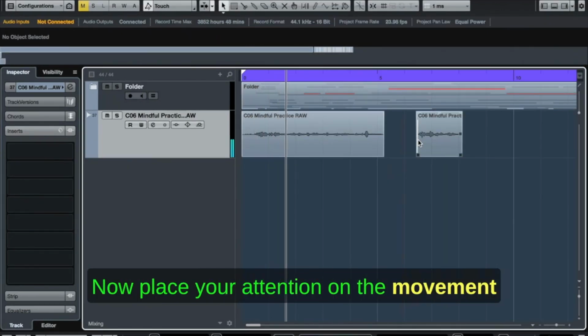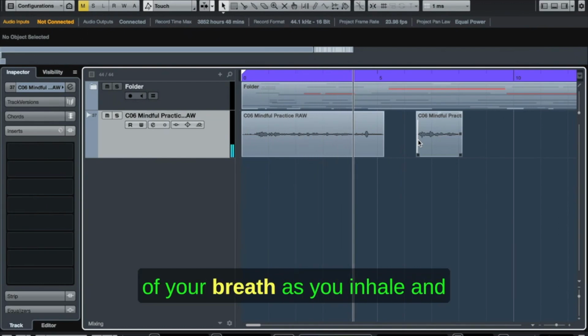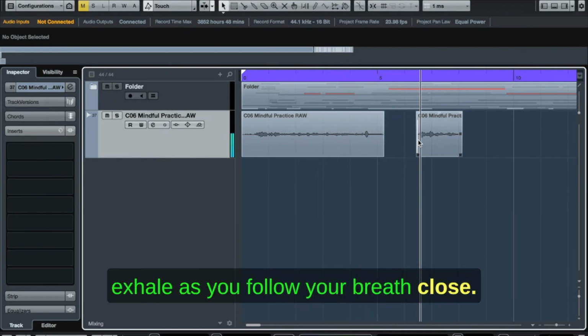Place your attention on the movement of your breath as you inhale and exhale. As you follow your breath,